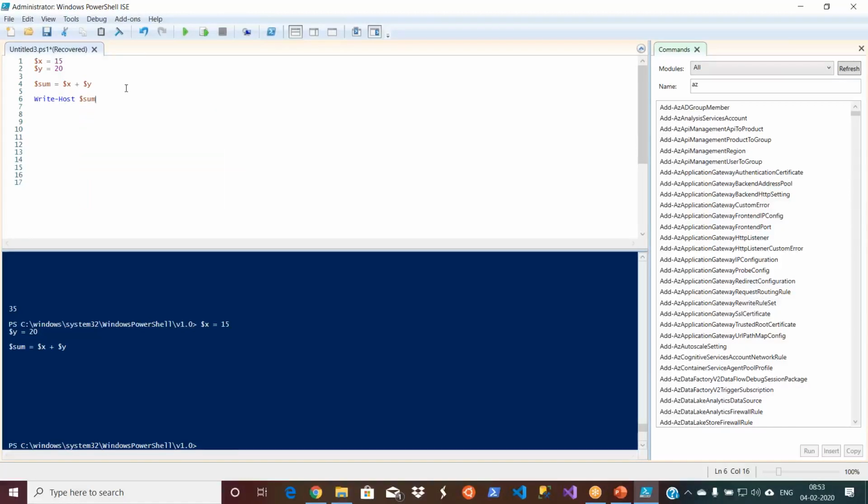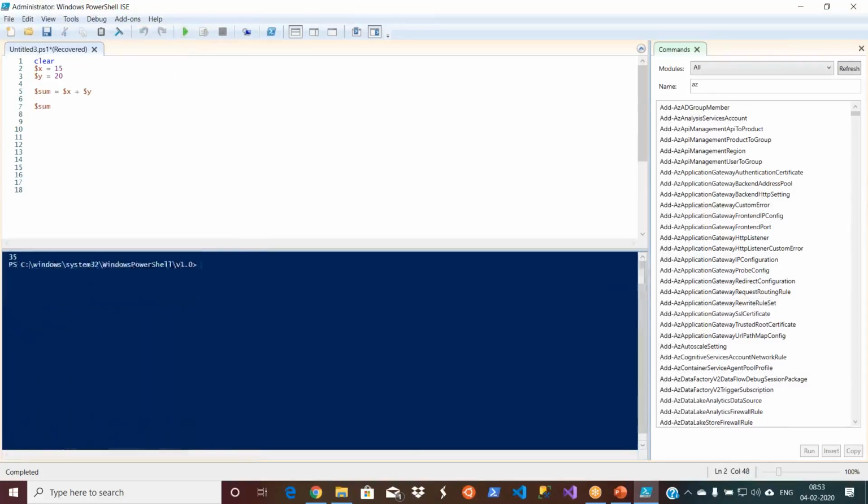You can directly use Write-Host and then your variable, or you can directly type your variable. Let's put a clear command so it will delete the earlier output. Now it is displaying 35. In the same way, I'm removing the spaces now.